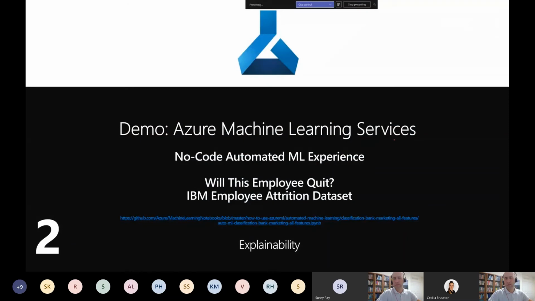Okay. So it has been, I think, an hour, right? I can show you this no-code automated experience. This would probably take 10 minutes, but then